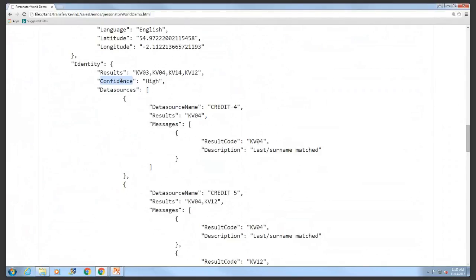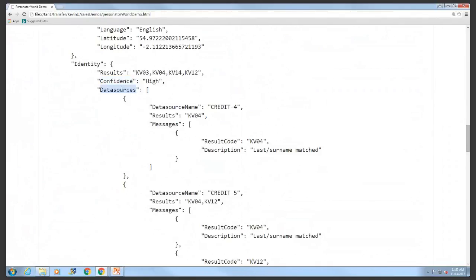High confidence records, those are records that you can trust with very high confidence. This is a very reliable record. Medium confidence records, those suggest that you need to go back and take a bit more of a look into this customer, try to get more details about this customer. And the low confidence records, that means that we haven't been able to match that very well against our data sources. Those type of records, you should probably discard them or review them later.